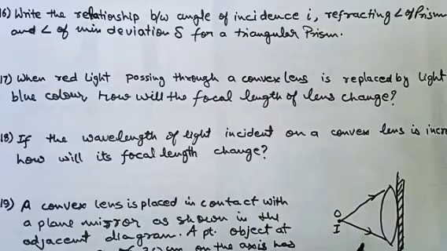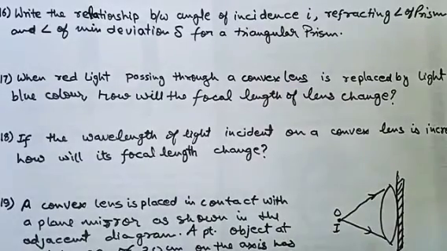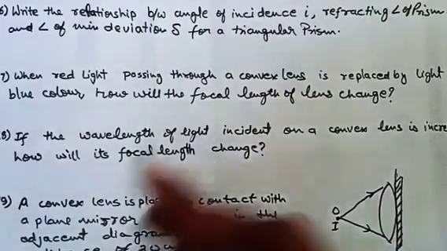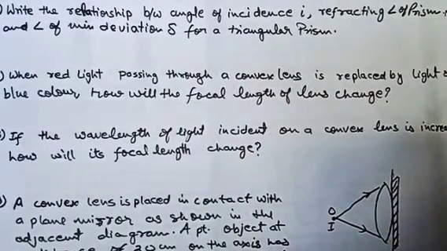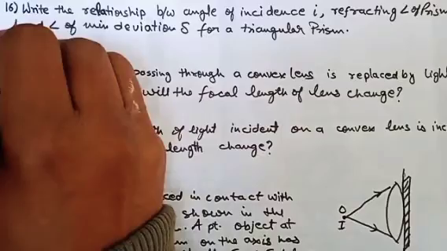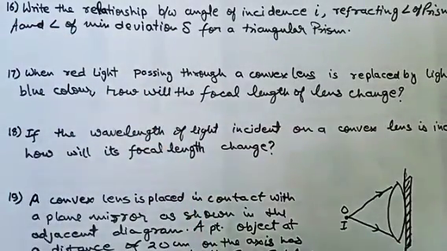All right, here, write the relationship between angle of incidence, refracting angle of prism, that is angle of prism A, and angle of minimum deviation delta for a triangular prism. Yes, of course it is a triangular prism. So